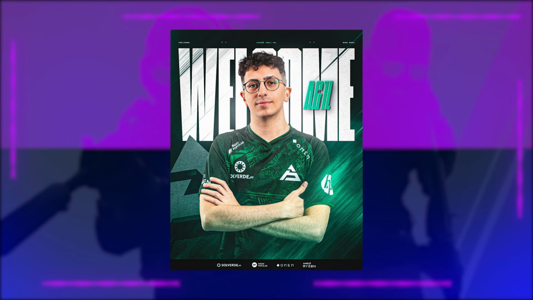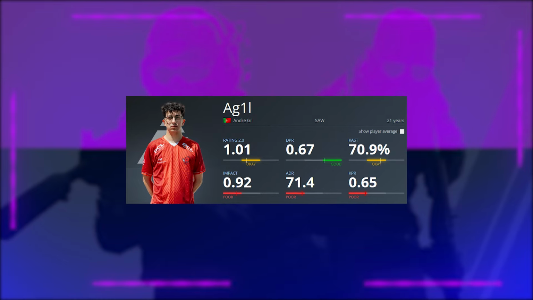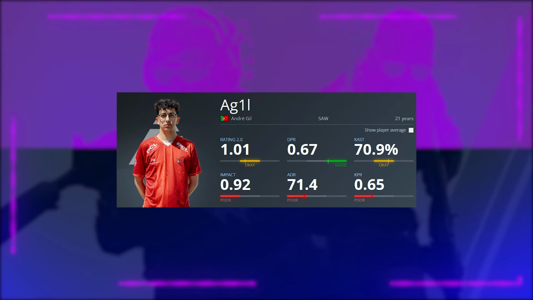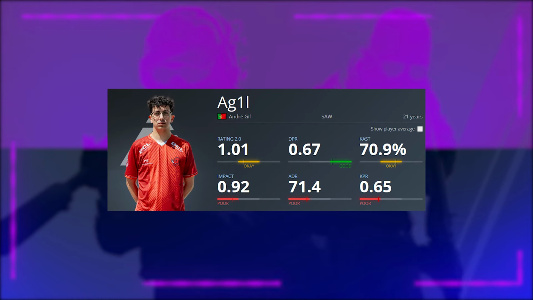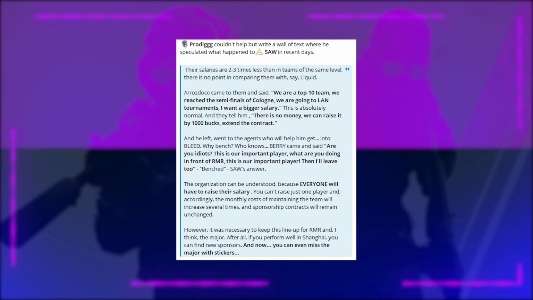Agile from Team Rhino was brought in to replace him. This guy has a rating of 1.02. I honestly don't really know much about this player. If you have anything, just share below. Well, anyways, this change sparked some confusion in the scene, especially from Pradek, who expressed that he didn't understand why